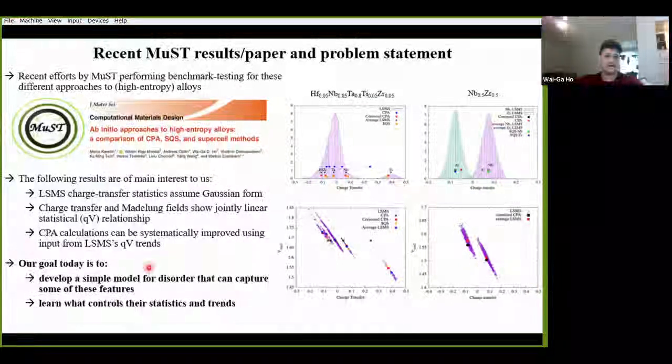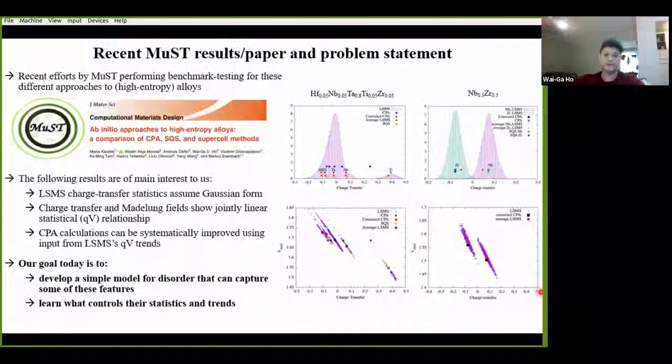So my goal today is to answer these questions that I've just outlined. And for the remainder of today's talk, we're going to try to get to the heart of these qualitative statistics by constructing a minimal working model that can recover the same features. And this will allow us to work out some of these answers in greater detail in a simpler toy problem that can afford us deeper physical insight.